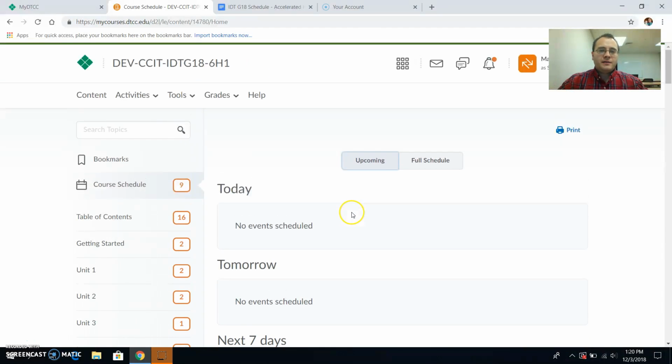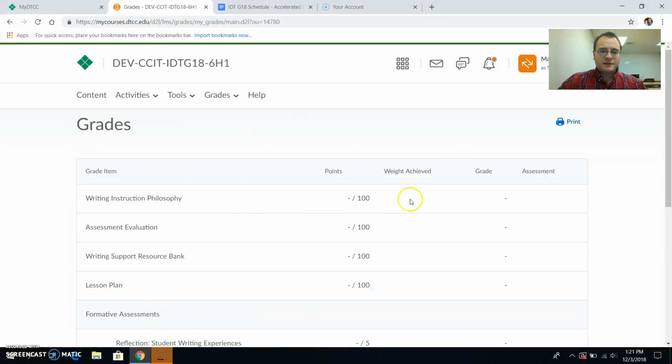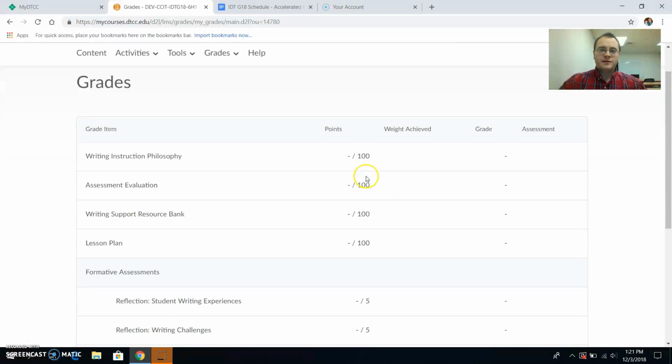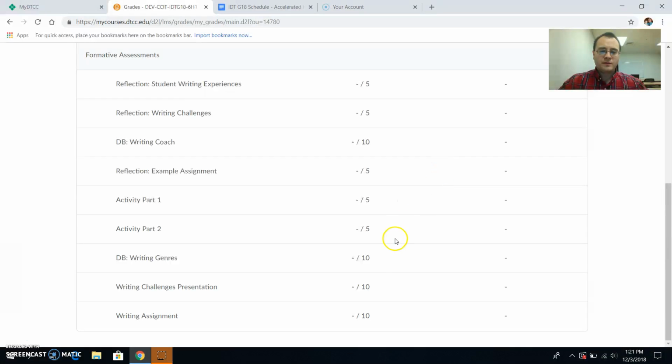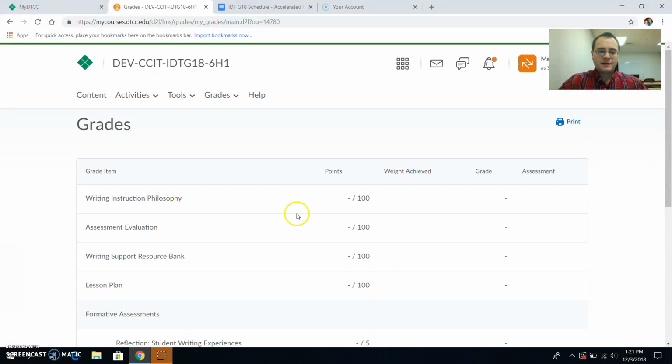And then another very useful place to go is grades. If you check out the grades here, there's probably not going to be too much because I'm obviously not actually a student, but this is where you can see all of the grades for all of the various assignments. So that about covers it for